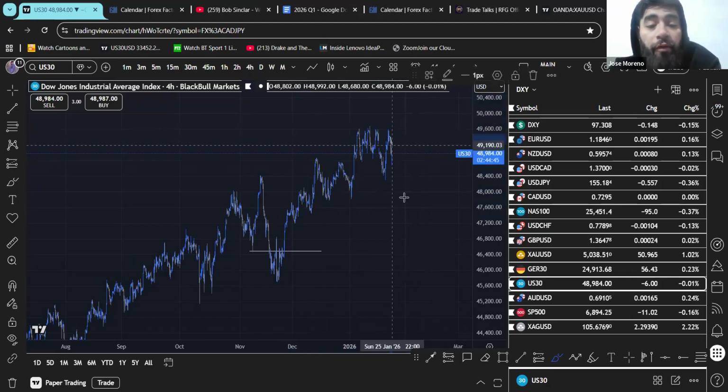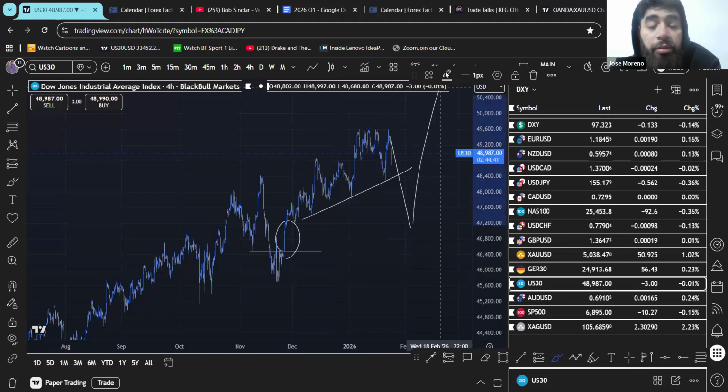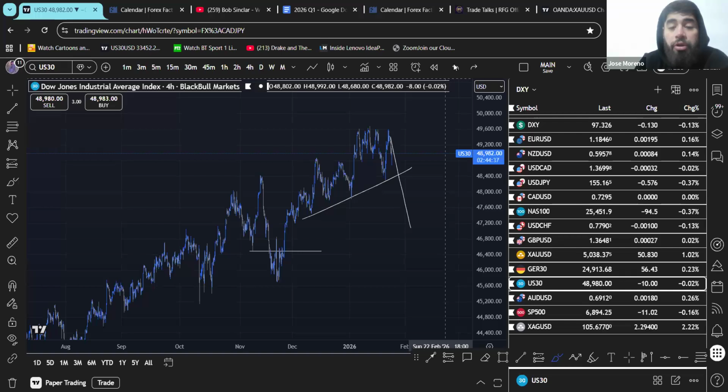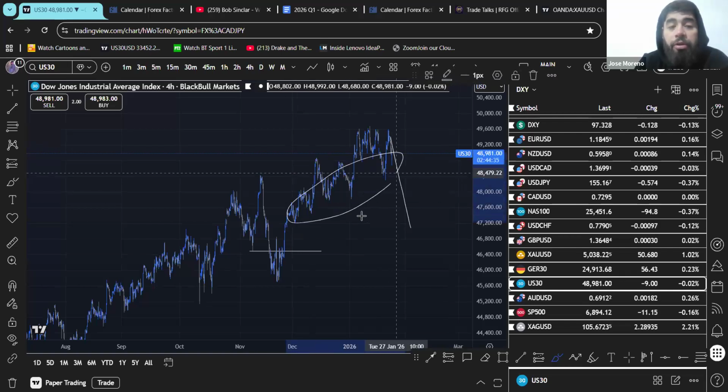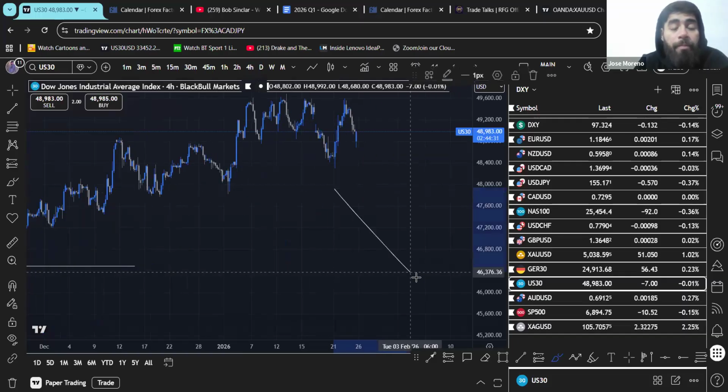Or are we in for a higher time frame pullback, sweep all of this, stay in this gap and then go? That's also a possibility, right? No way to really know until we really start to break structure. Right now, structure is still being held. So I would probably just look to continue to do that.